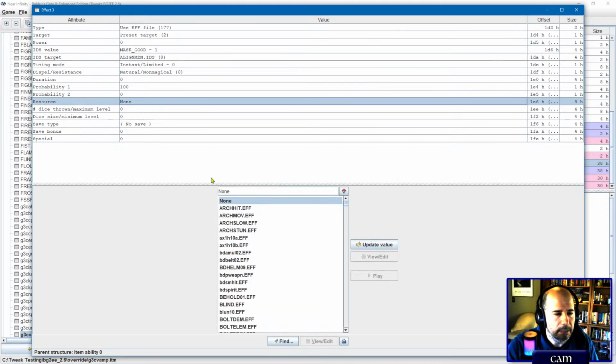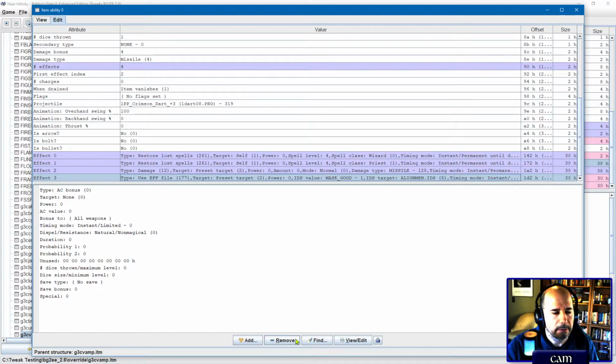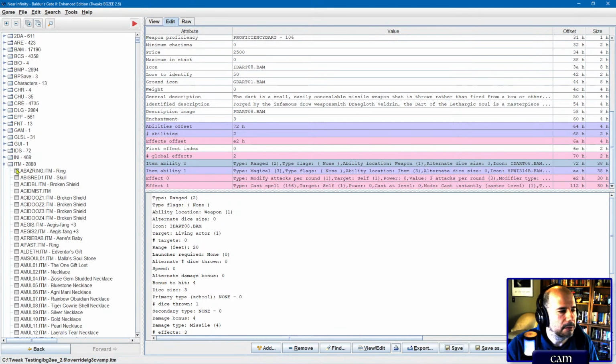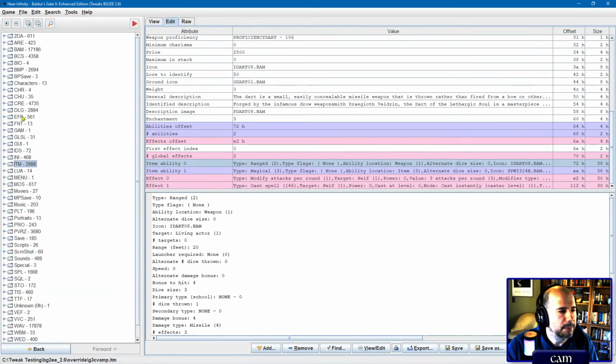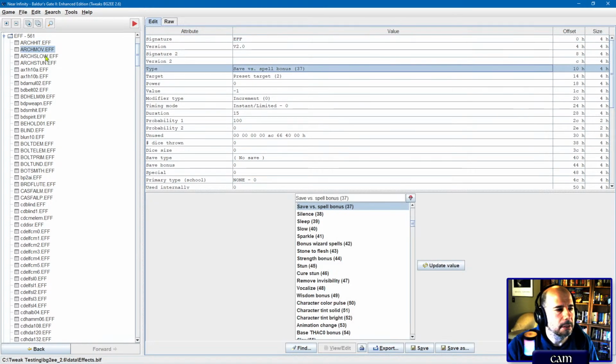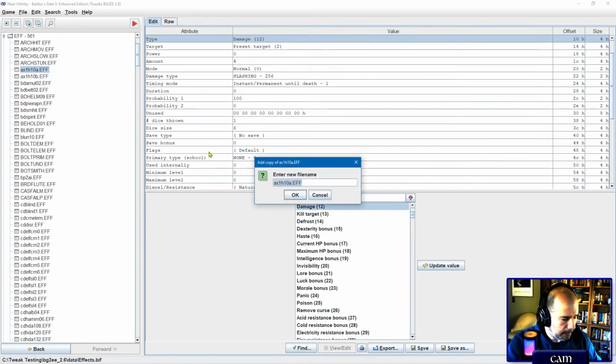And then I need to make the EFF file, and we're going to call the EFF file G3C Vamp. All right, so let's save it. Okay, and then let's go to the EFFs. There's surely something that just does basic damage. Looking for something that does damage. Here we go. Add a copy. This is going to be G3C